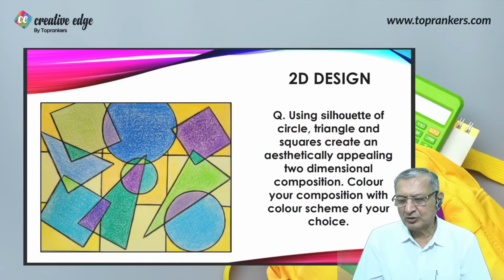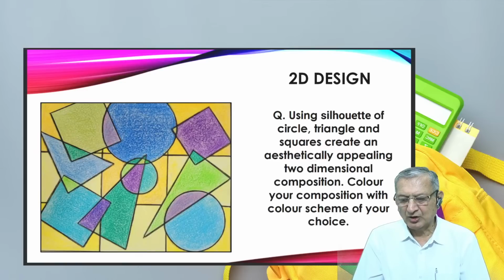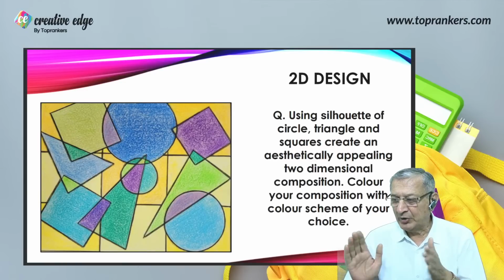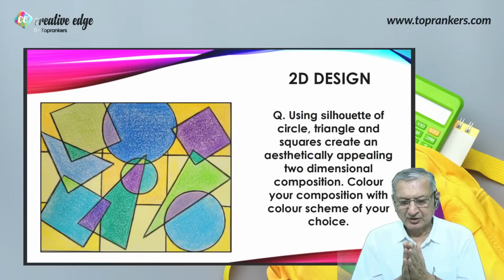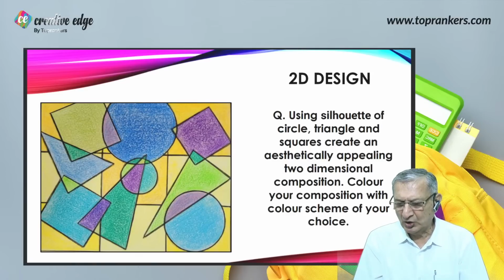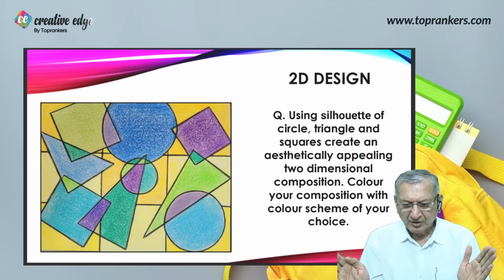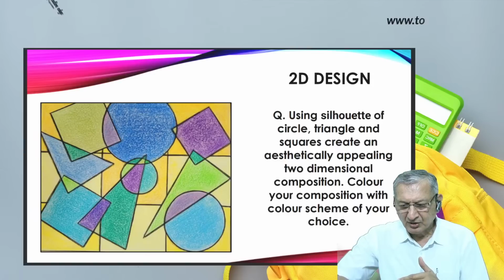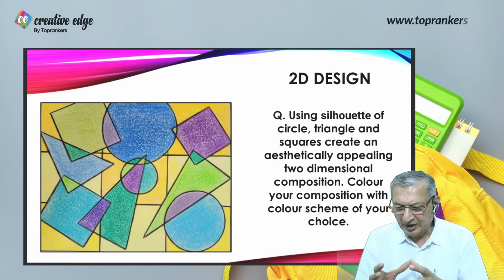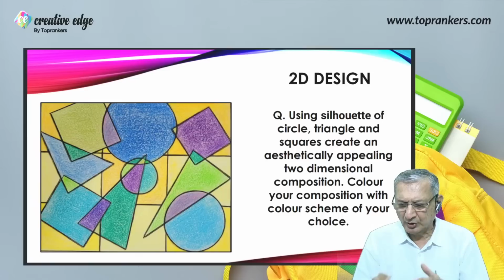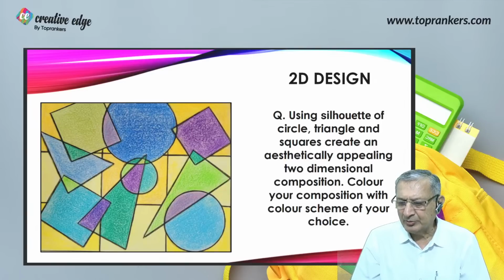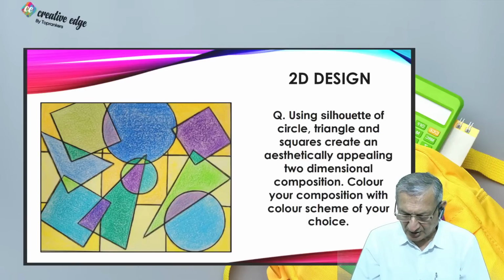Whenever I talk about two-dimension design, I talk of elements overlapping, because a two-dimension design means how much knowledge do you have of dividing the space, connecting the elements, overlapping them, making it an aesthetically beautiful composition. So generally, in a direct question, you will find a question related to primary shapes, that is square, triangle, and circle,